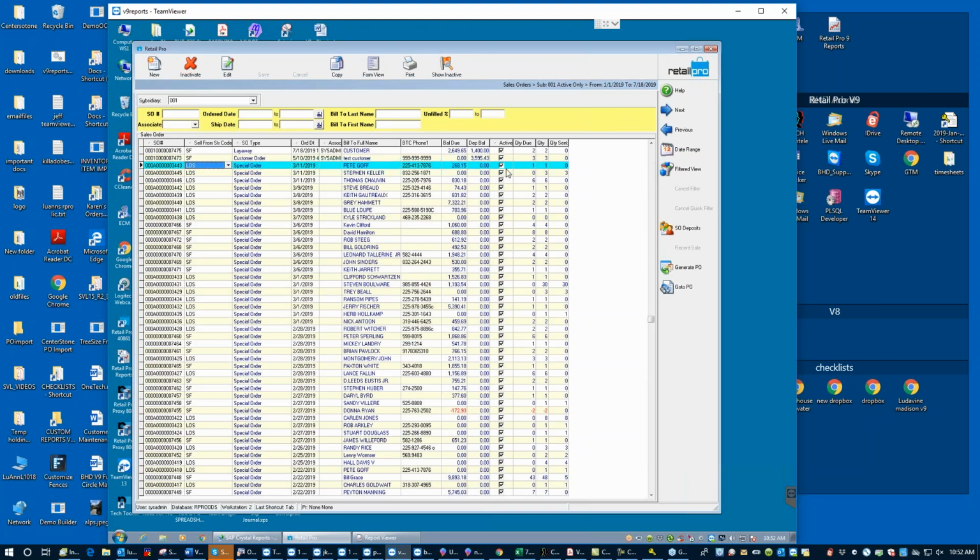One thing that you want to guard against doing is when you have taken money. So if I've, this layaway or this order in particular,